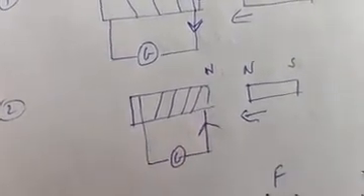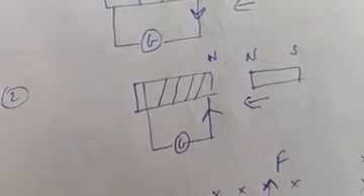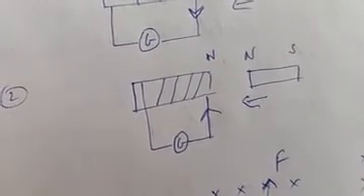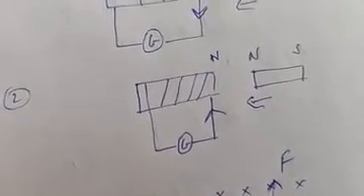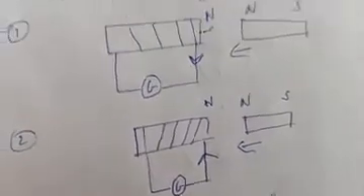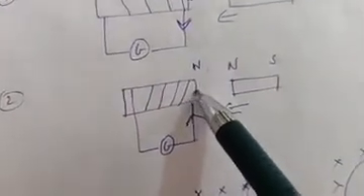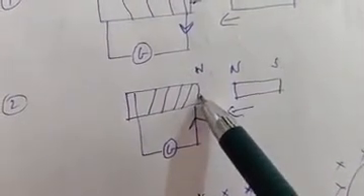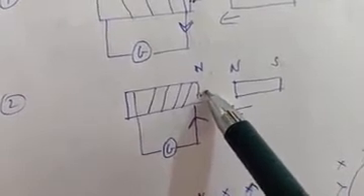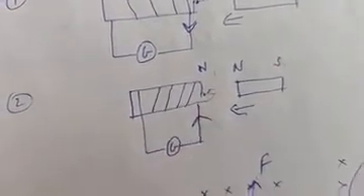Remember, in each case you will have to see what the magnetic field should be inside the coil, not outside. Inside the coil is called the core of that coil. So what is the direction of the magnetic field in the core of that coil? If it is a north pole, then it should be outward. It is a north pole, so inside the coil, in the core of the coil, it should be outward. It should be like this. So that will be the direction of the current.